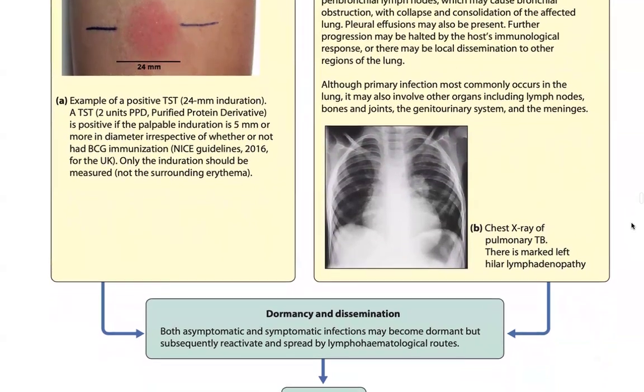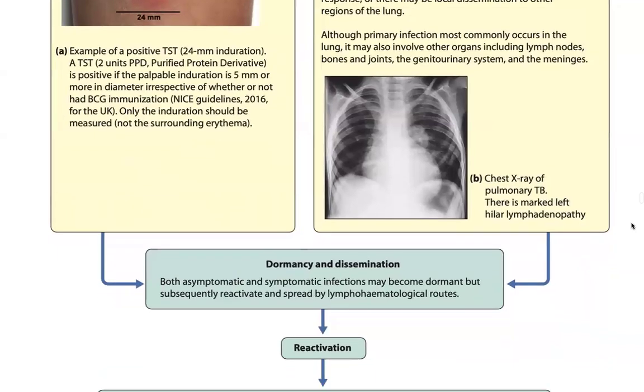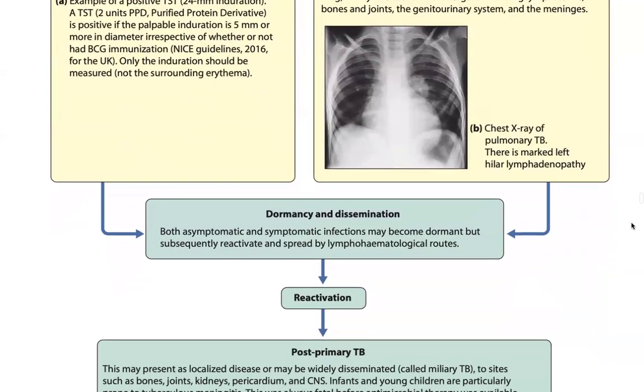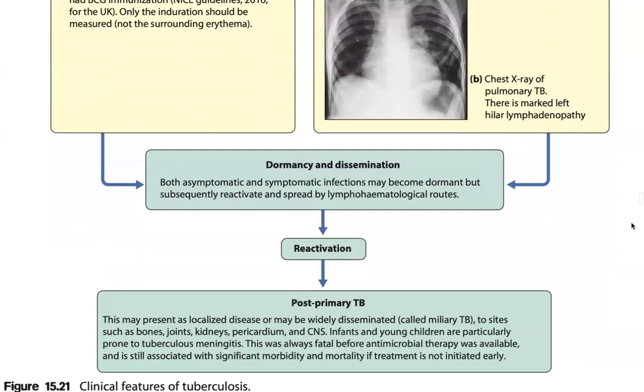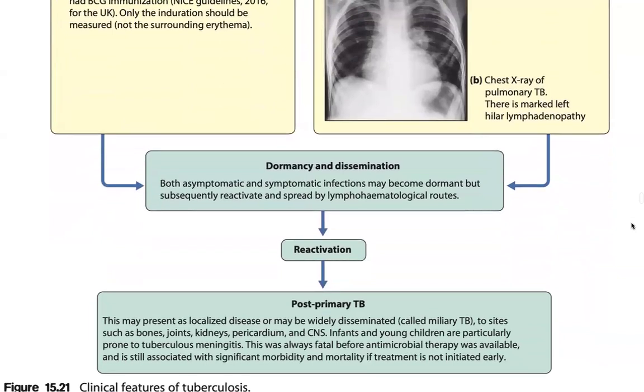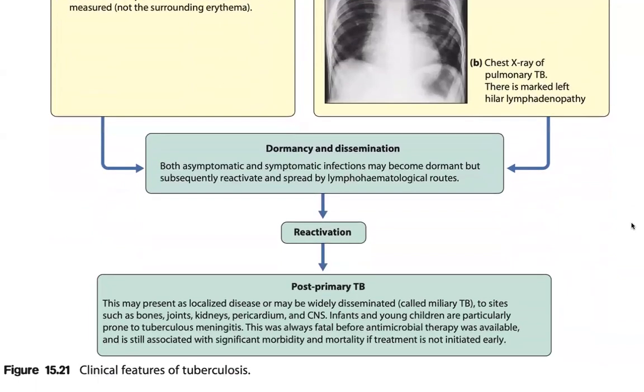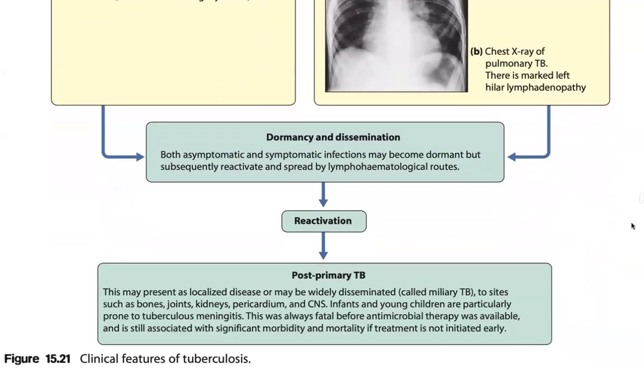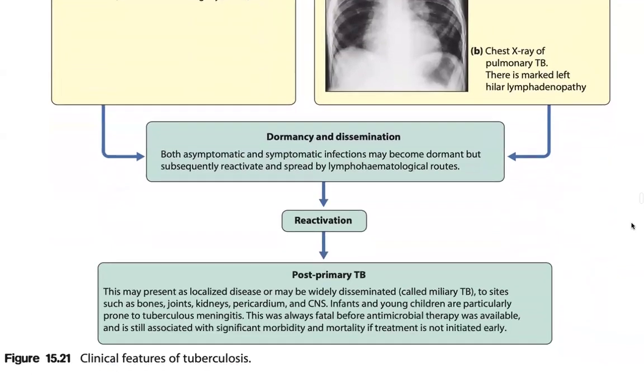lymphadenopathy. Dormancy and dissemination: both asymptomatic and symptomatic infections may become dormant, subsequently reactivate, and spread by lymphatic or haematological routes. Reactivation, or post-primary TB, may present as a localized disease or may be widely disseminated, with miliary TB to sites such as bones, joints, kidneys, the pericardium, and CNS. Infants and young children are particularly prone to TB meningitis. This was almost always fatal before antituberculous therapy was